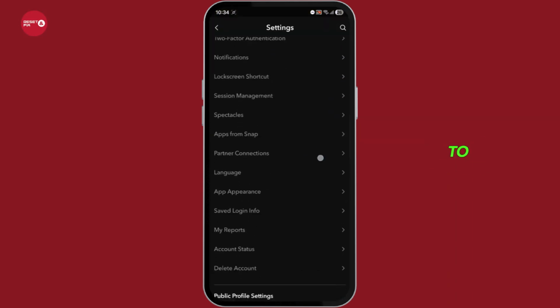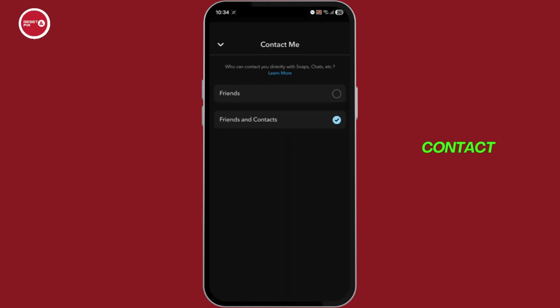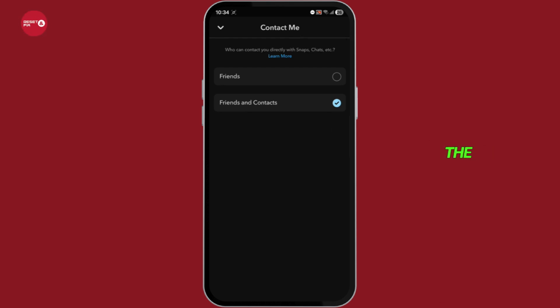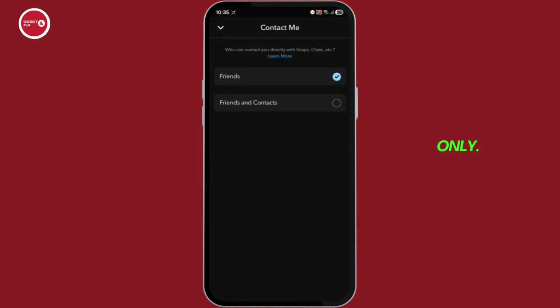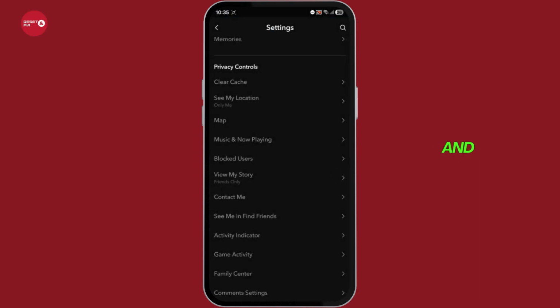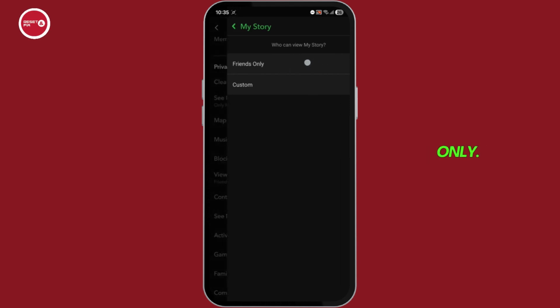Now simply scroll down to the privacy control section. Then tap on the contact me page and change the status from everyone to my friends only, or my friends and contacts only. Then head back and tap on view my story, and also put it on friends only,